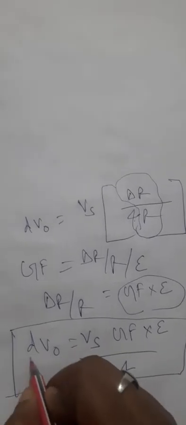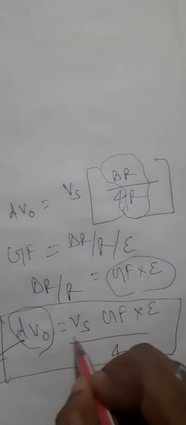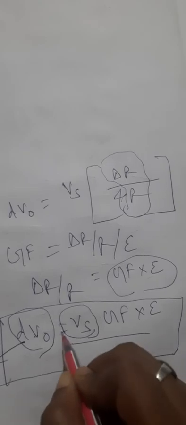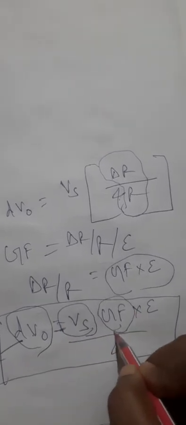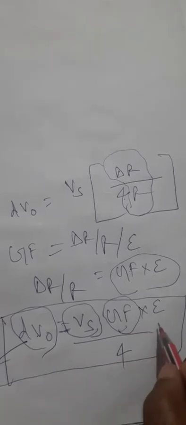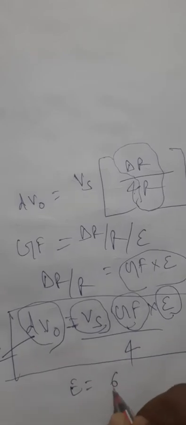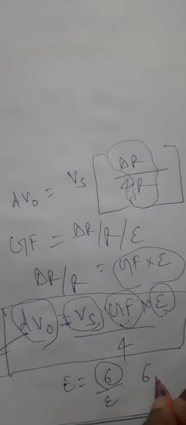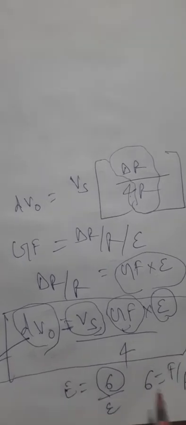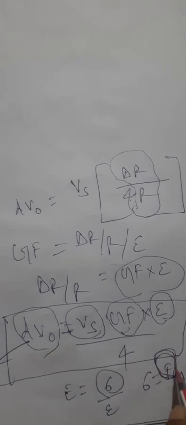From the galvanometer you can find out the change in voltage between B and D. This value you can find from the galvanometer. The supply voltage you know, the voltage you supplied. The gauge factor is mentioned while purchasing the strain gauge. So from here you can calculate the strain value, and from the strain value, since Young's modulus of elasticity is stress by strain, you can calculate the stress value, and stress equals force by area. So from here you can calculate the force value. The main purpose of the strain gauge is to measure the force.